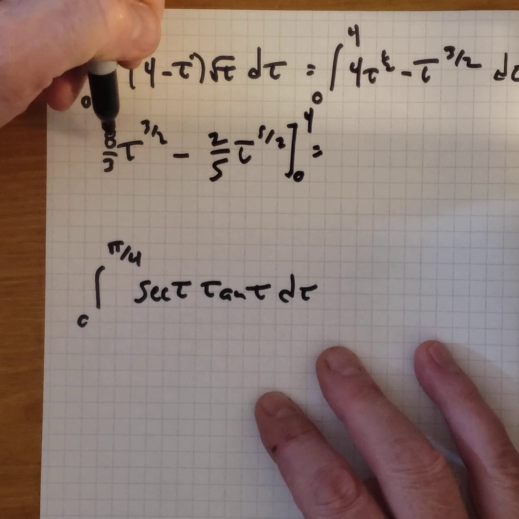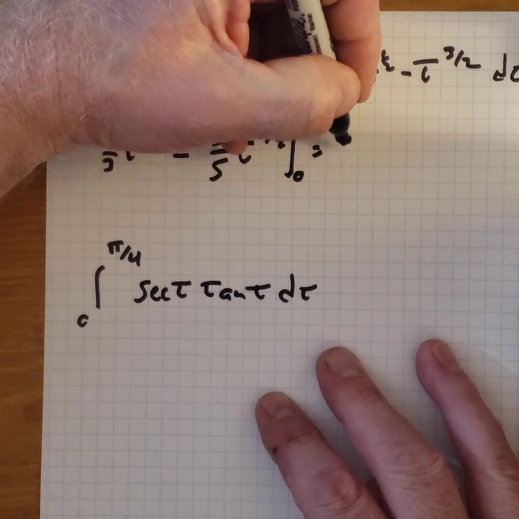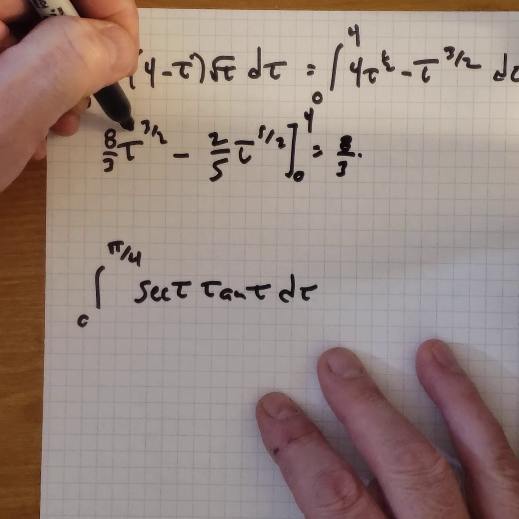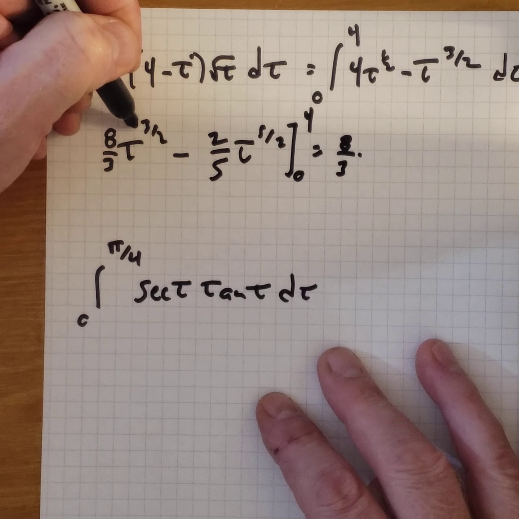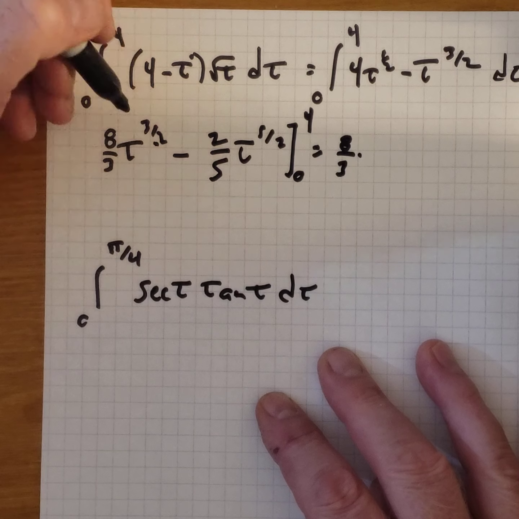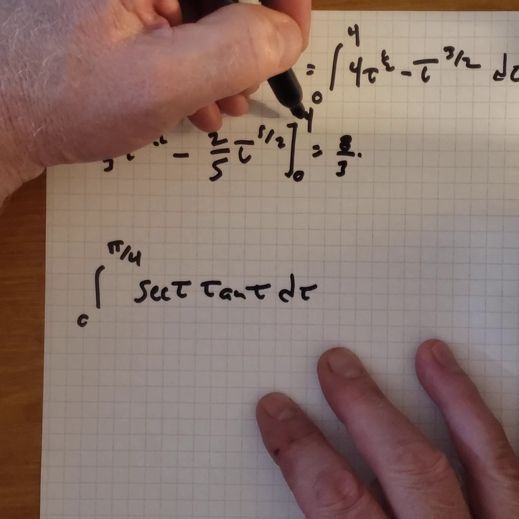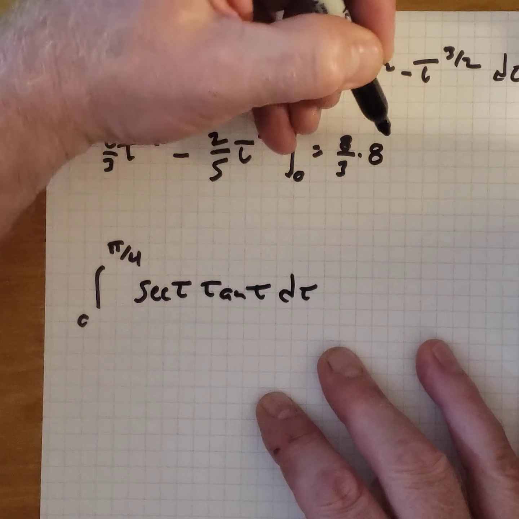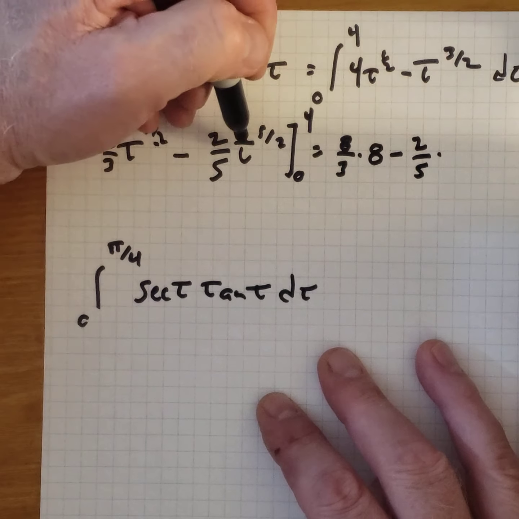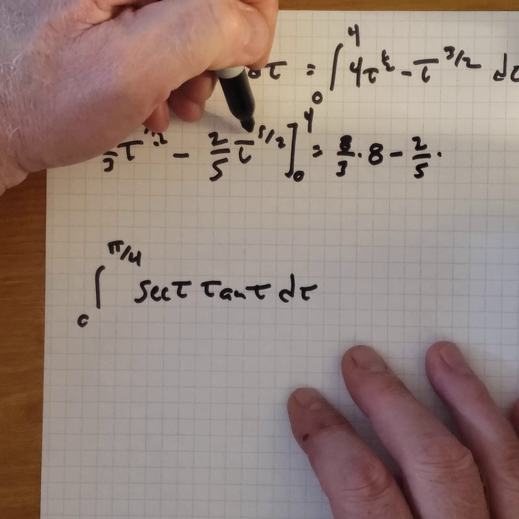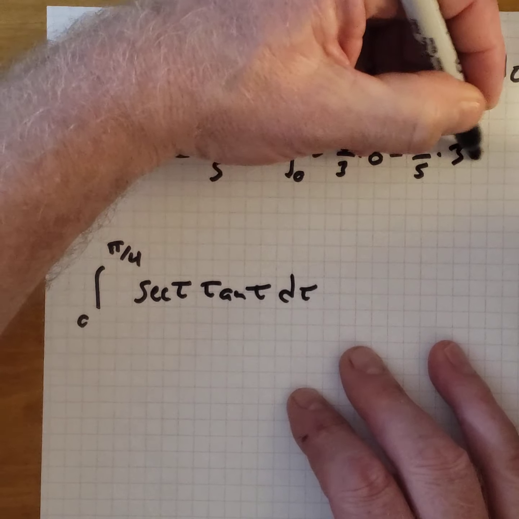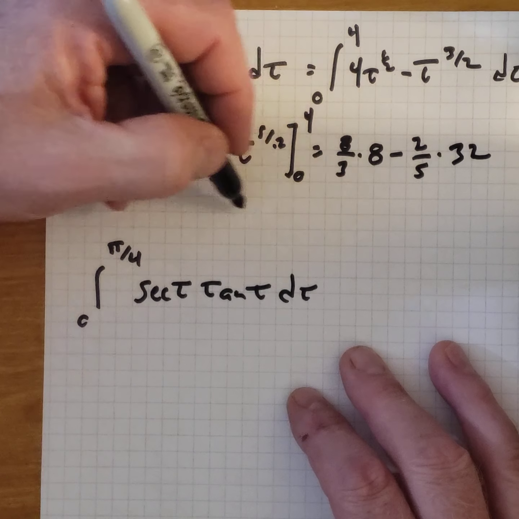Plug the 4 in, we get 8/3 times 4 to the 3/2 power. The way I do 3/2 power is I square root first, take care of the denominator, and then cube. So the square root of 4 is 2, cubed is 8. And then we have 2/5 times 4 to the 5/2 power. The square root of 4 is 2 to the 5th power is 32. So we end up with